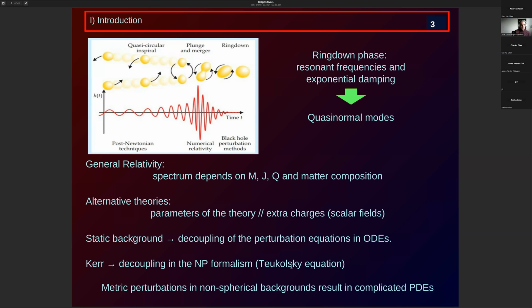Essentially, as you probably know, you can obtain the quasi-normal modes from the Teukolsky equation. But in general, if you consider metric perturbations of non-spherical backgrounds, the situation is going to be much more messy. It's not going to be trivial to decouple the equations into ODEs, using essentially some kind of spherical harmonics or ellipsoidal harmonics, this kind of thing. So the idea is, can we study the full problem of metric perturbations using or solving directly the partial differential equations? That's a bit the idea.